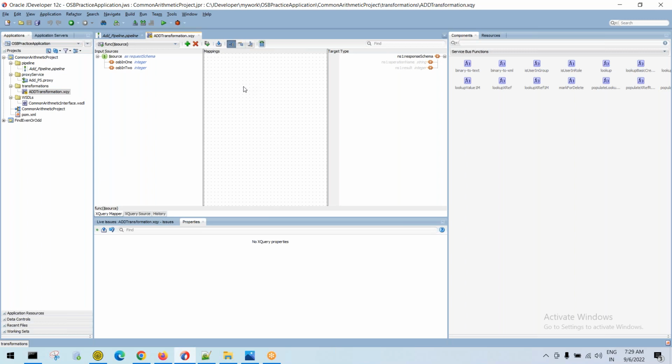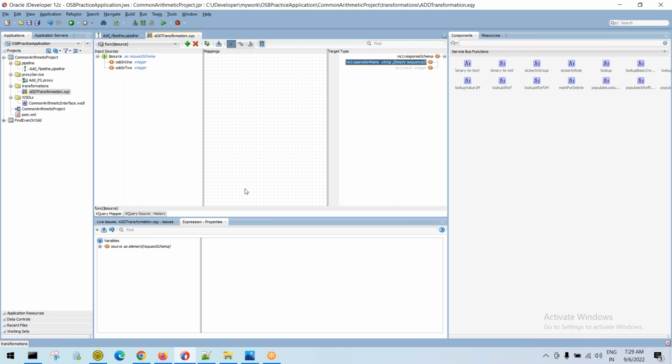Okay, right. So what we want to do is generate operation name and result. First, operation name: just select it, right click on it and insert. That means we are enabling the element. If you don't do this, your element is not ready to do the mapping. Just enable the element. If you say insert,